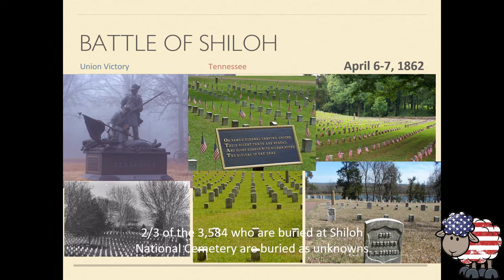So two-thirds are unknowns, meaning the human sacrifice when you have 20,000 casualties over two days, and yet two-thirds of them are unknown. In the Civil War, the loss of human life becoming less and less valuable was rather alarming as I experienced this there. The other thing about the Battle of Shiloh is John Wesley Powell loses his arm as he's signaling for cannons to be shot. As he's raising his arm, it is wounded, and he has to lose his arm.